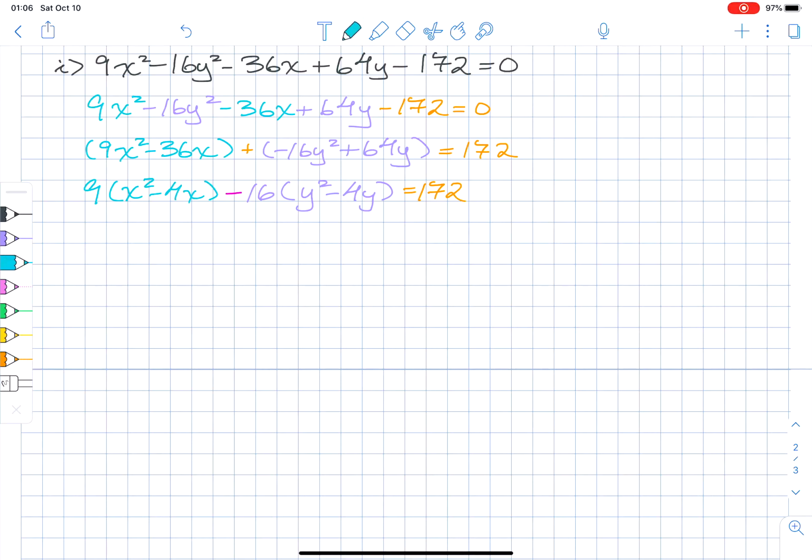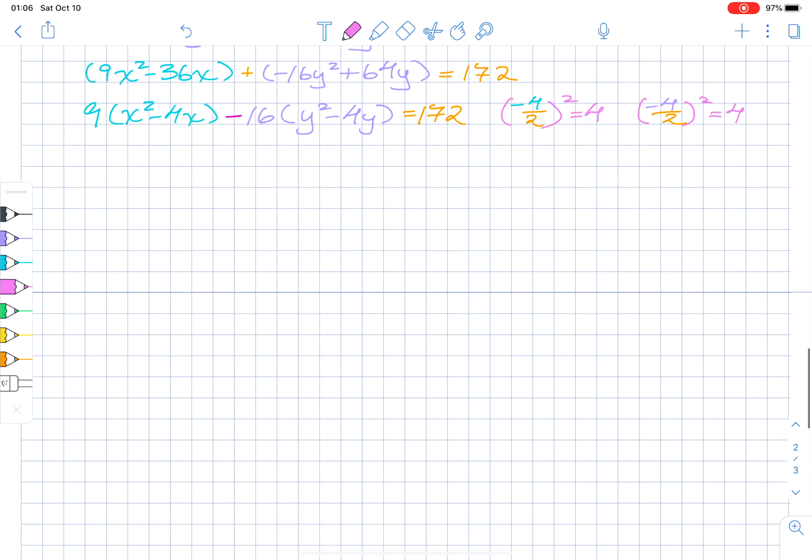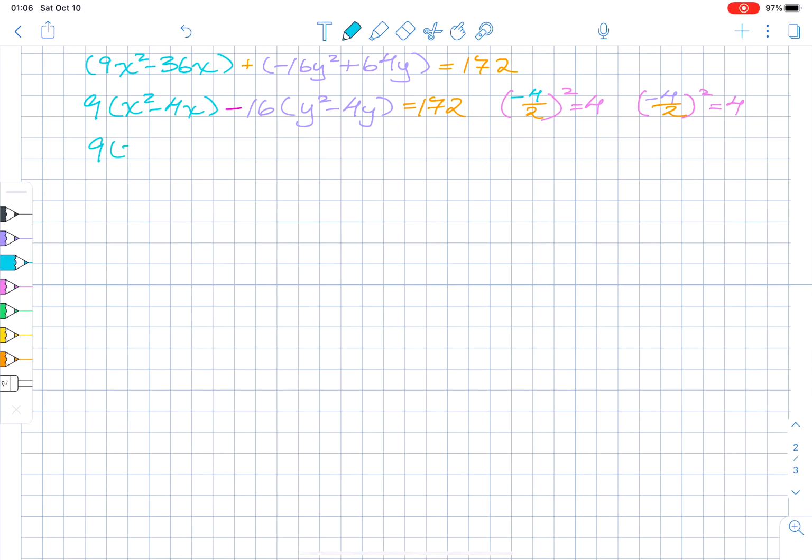Let's go ahead and take half the linear coefficient and square it in each instance. So the square of -2 is 4. And in the other instance, we're taking -4. Oh, it's the same thing. Well, that's going to be easy. So we add 4 inside each parenthetical. So this is going to be 9 times the quantity x squared minus 4x plus 4,